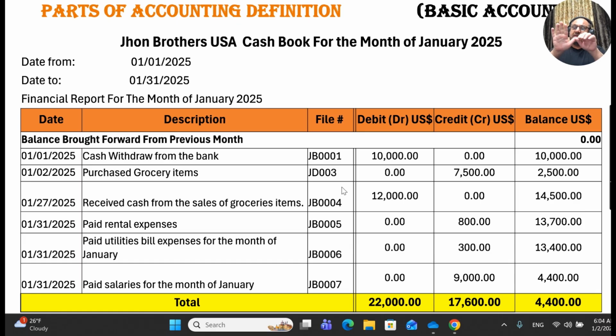This is credit, credit. Same like we prepare in the journal entries. In the same way in cash book we prepare this, and beside this debit column and credit column, we have another column which is called balance. This is most important. If we do not have this column in the cash book, it means that we do not understand what happened at the last end or 31st date of the January, and what are the balance that we have in our hand, what are the cashes that we have in our hand.